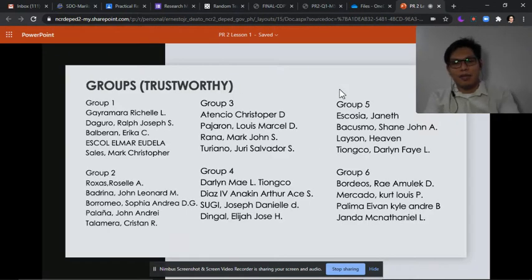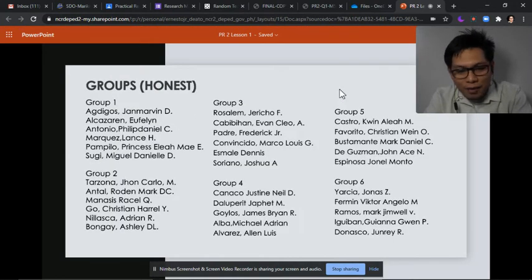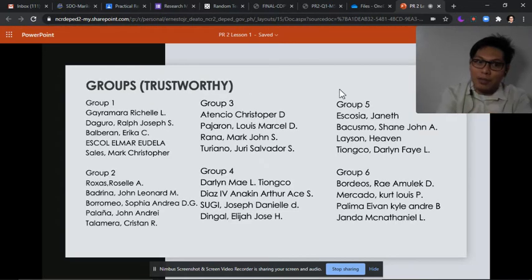Oops. So I'm showing you now the groups for trustworthy. So please look for your names. Alam ko tinanggal ko na dito si Valveran, bakit nandyan pa din? I know I edited this PowerPoint but as you can see nandito pa rin yung pangalan ni Valveran tsaka ni Escocia which they are included in modular.